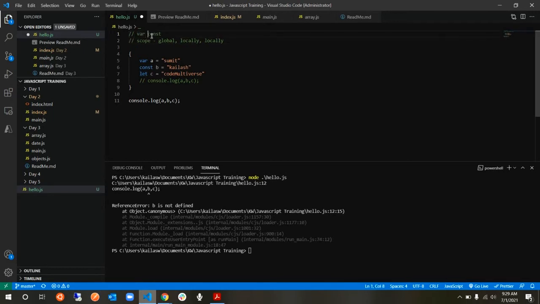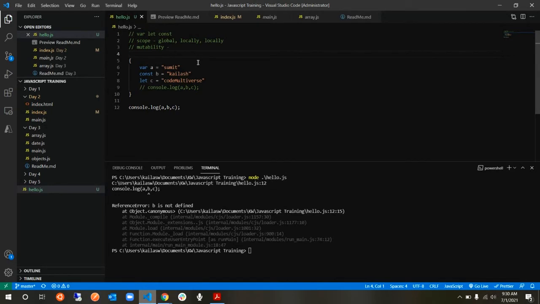Var, let, and const. The next thing we are talking about is mutability. What do you mean by mutable and immutable? You have watched all the Marvel movies, right? At least a few of them. Have you watched X-Men, all Wolverine and other stuff?